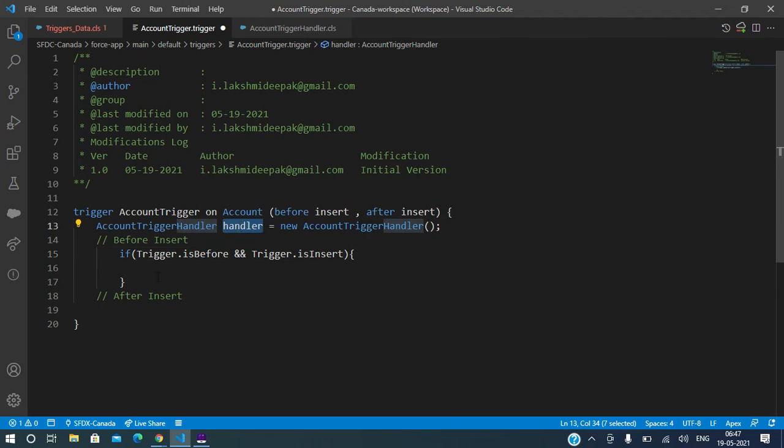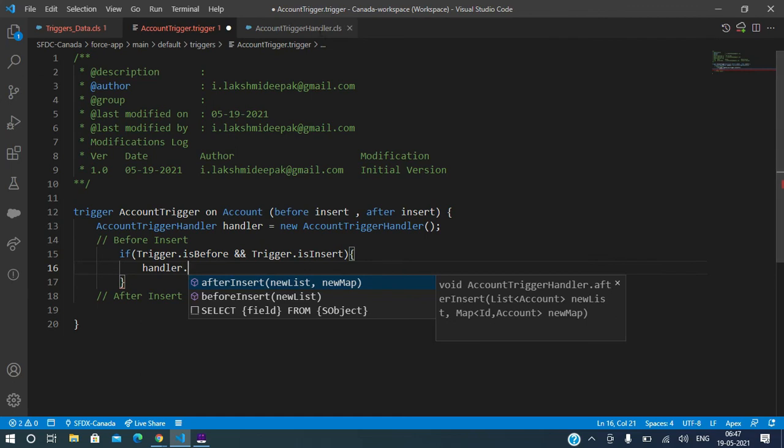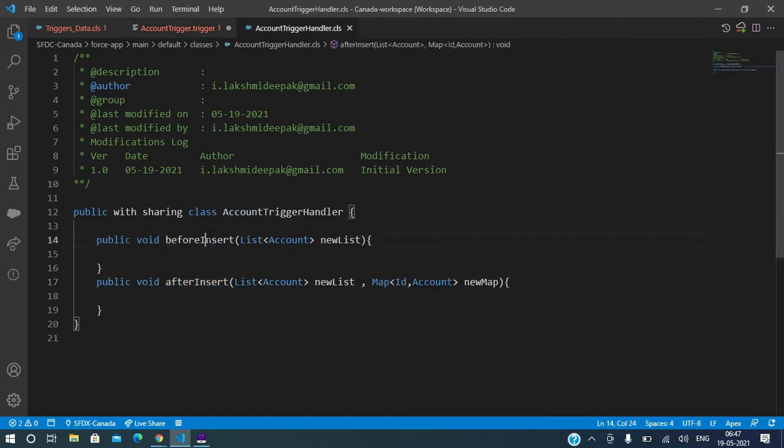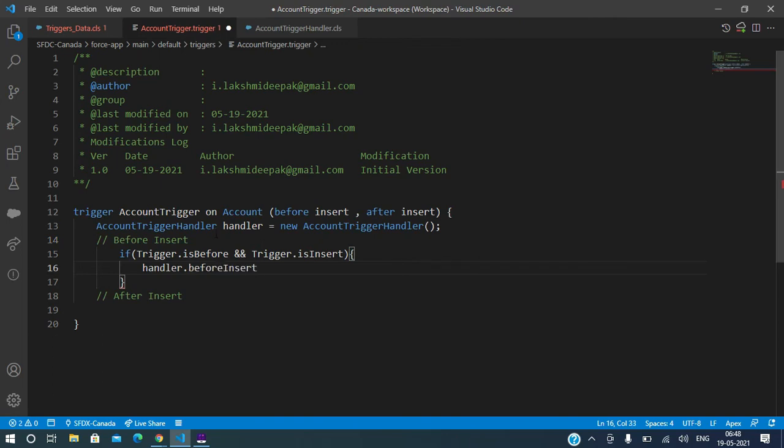And then we can call the method by using the object name handler dot before insert, and what is it expecting as an argument? It's a list. How can we get that list? It is nothing but Trigger.new, right? Any question?